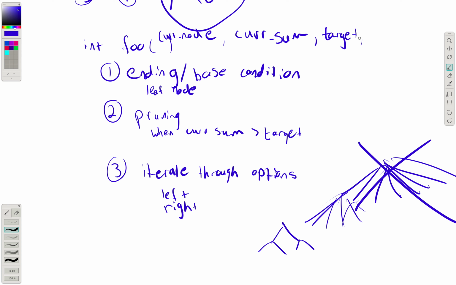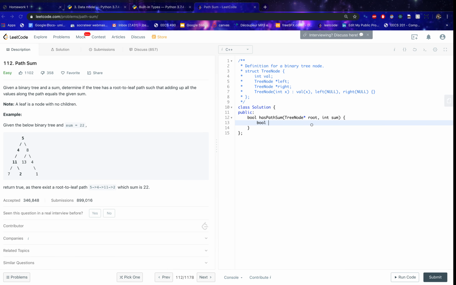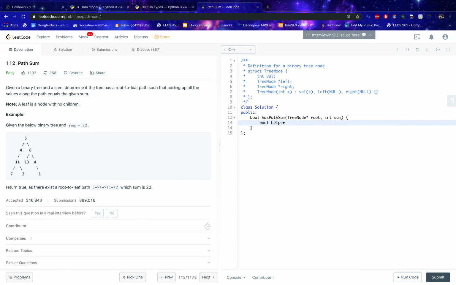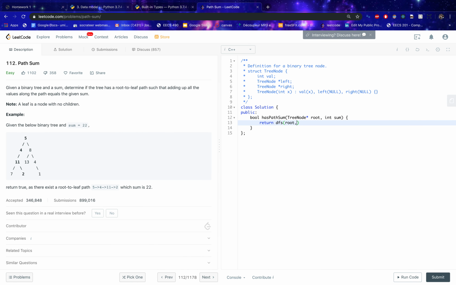Well, I could technically just make current sum outside. Now I'll just do a helper. So bool. Oh wait, you return just true. Okay. Bool helper. Why did I do that? Let's just return helper, or let's just call it DFS, depth first search. So the current node is going to be the root to start off. The current sum is going to be 0, and the target sum is going to be that. And so let's do bool